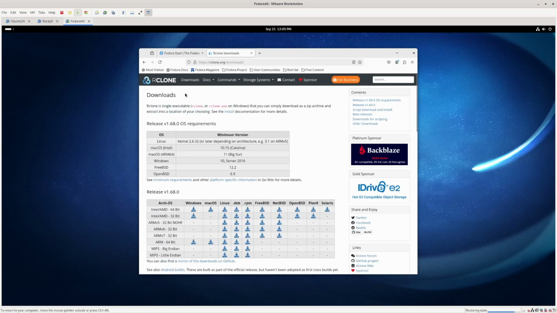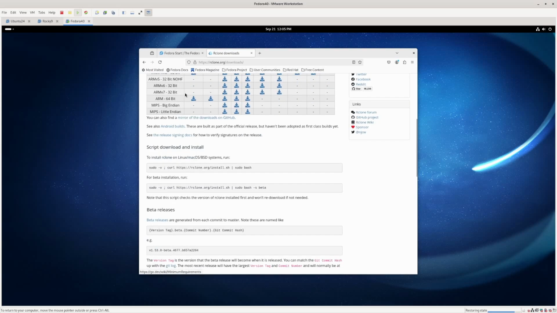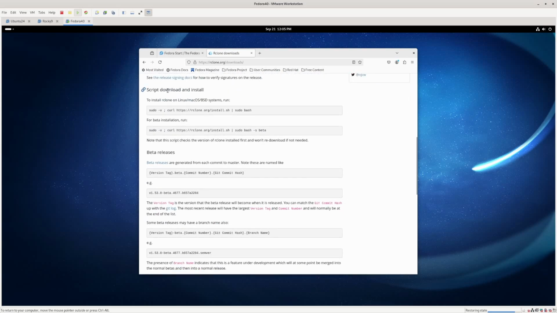On the downloads page, we want to scroll down till we come to the script download and install section. And to install RCLONE on Linux, macOS, BSD systems, run the following command. So we'll copy this command,